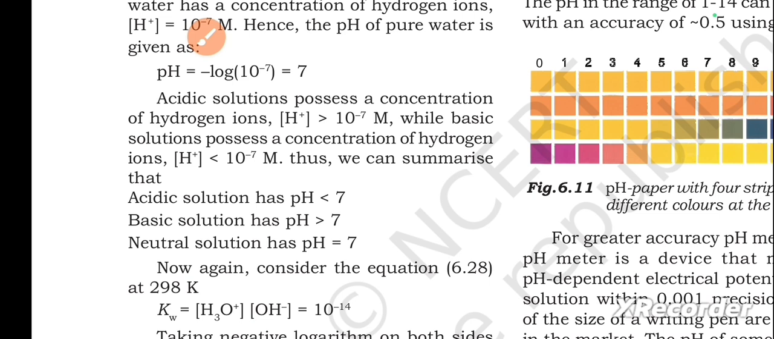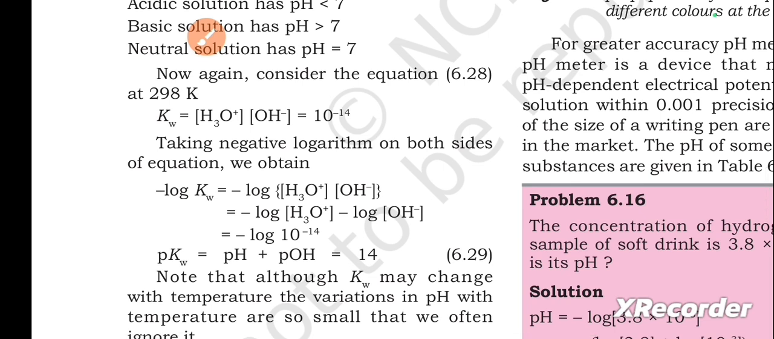Thus, we can summarize that an acidic solution has pH less than 7, a basic solution has pH greater than 7, and a neutral solution has pH equal to 7. Now, again consider equation 6.28 at 298 K. Kw equals 10 to the power minus 14. Taking the negative logarithm on both sides of the equation, we obtain